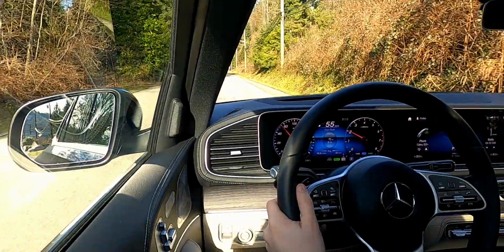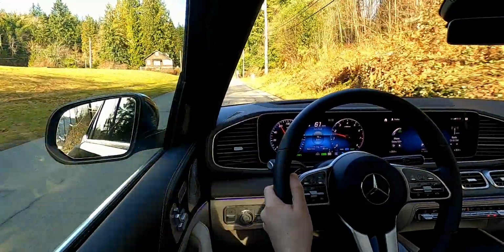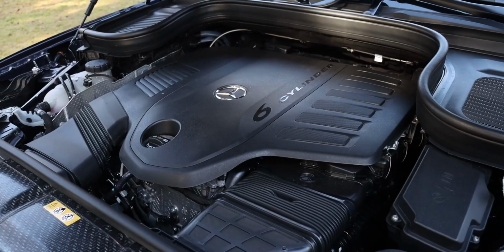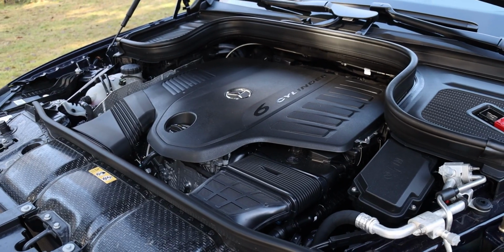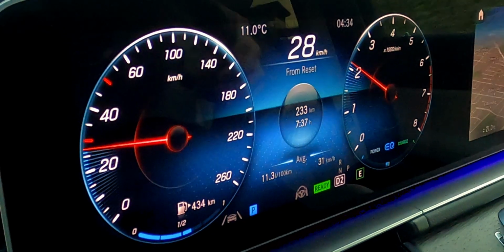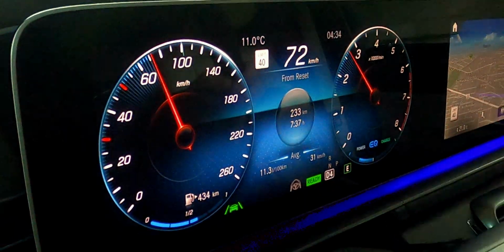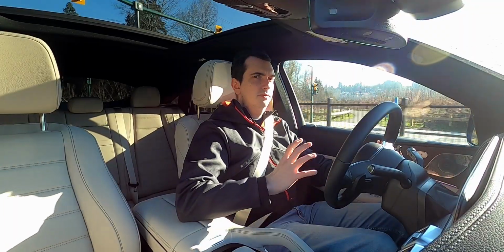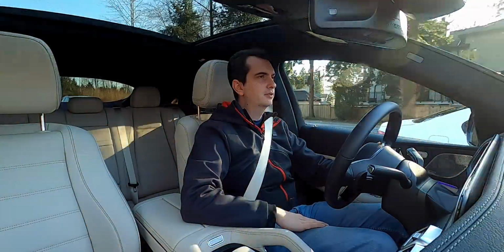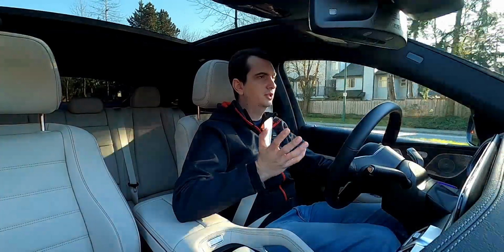Of course, this car cannot drive on electricity alone, but because of the electric motor and that electric supercharger, which by the way does not have quite as much parasitic draw as a mechanical supercharger, this engine is, like I said, very powerful and efficient, but also very responsive. You can put your foot down from, say, 1,000 RPMs without letting the transmission downshift, and it'll just pull right up to the almost 6,500 RPM red line. And as for the efficiency side of it, I'm currently averaging about 11.4 liters per 100 kilometers. I know I can do better, but even still, that's really impressive for something that weighs as much as a